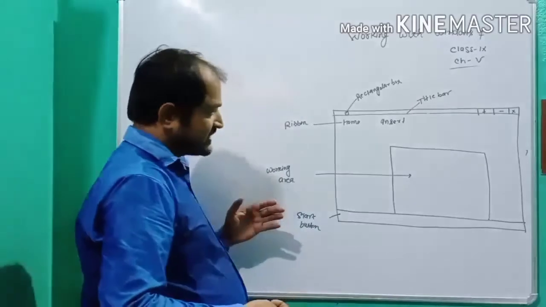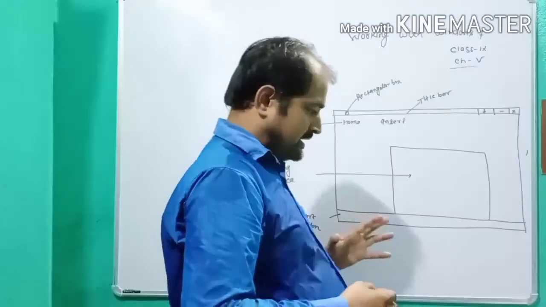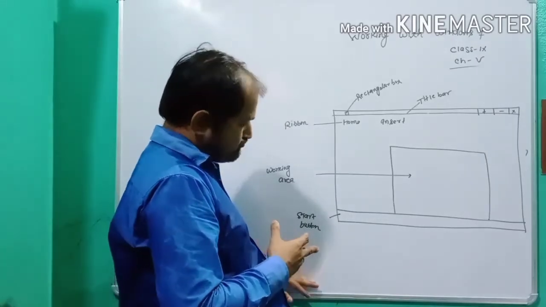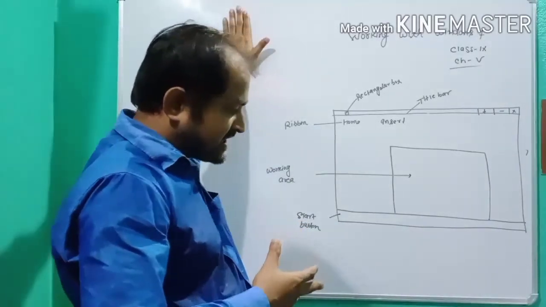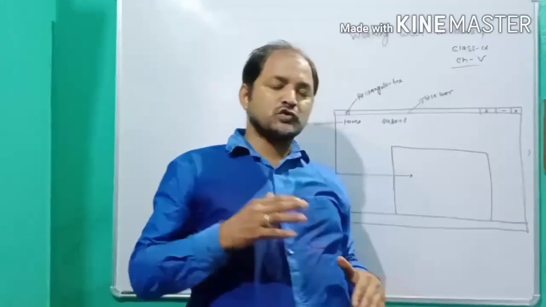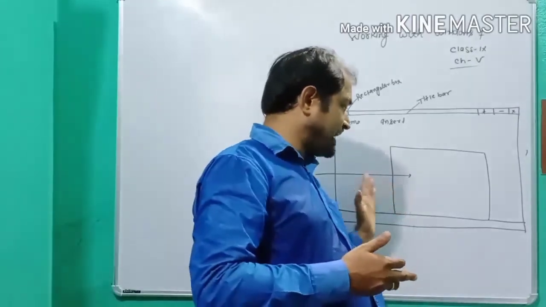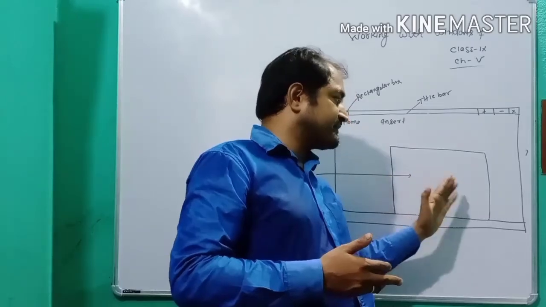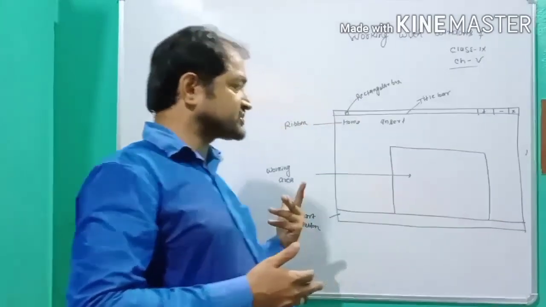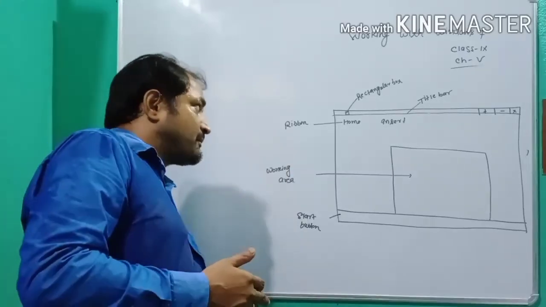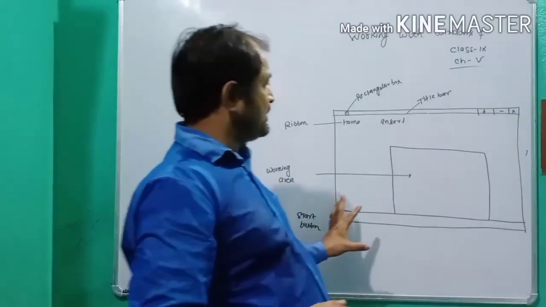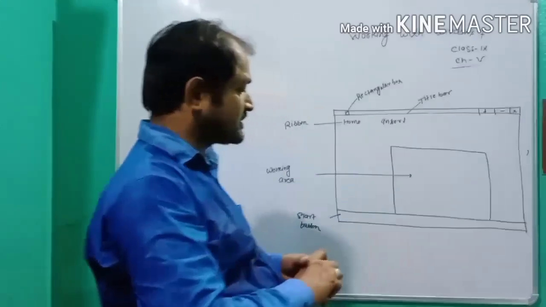This is actually the vertical scroll bar, and a horizontal scroll bar may also appear with the window. So many types of scroll bars appear in different applications. Excel has a different scroll bar, Windows has a different scroll bar. I am not discussing every matter; I discuss only the components of the Microsoft Windows screen.